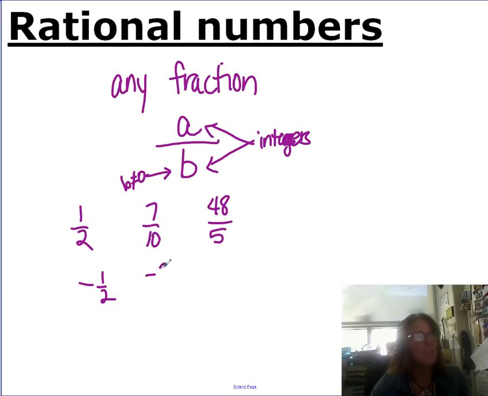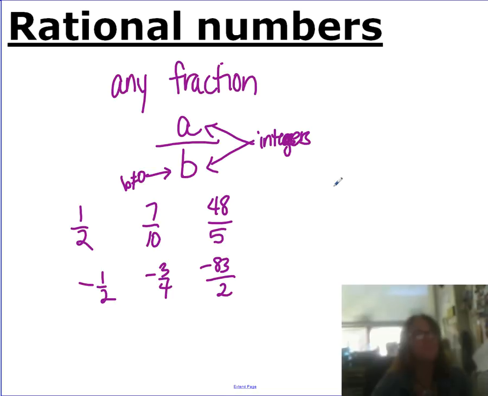-1/2 or -3/4, and so on and so on. Aha! I could have -83/2. That works. See? The negatives, they're integers too. So all of these things are rational, and it gets better. A number like this,